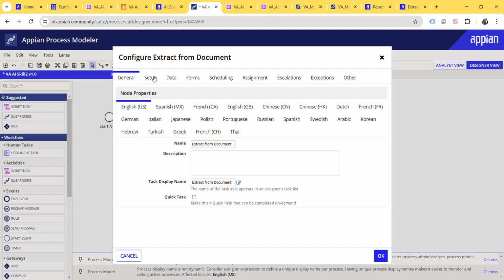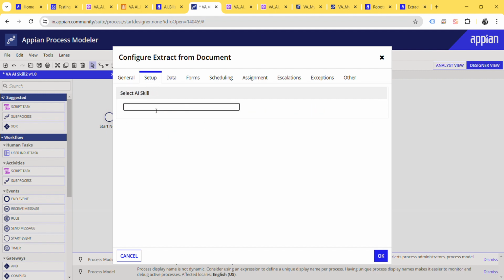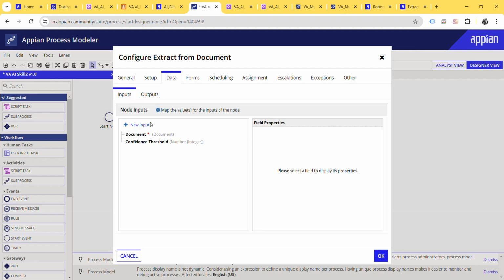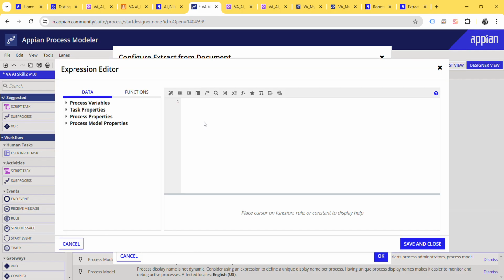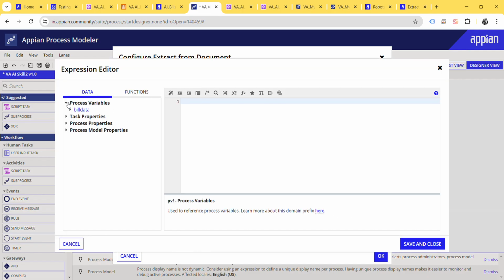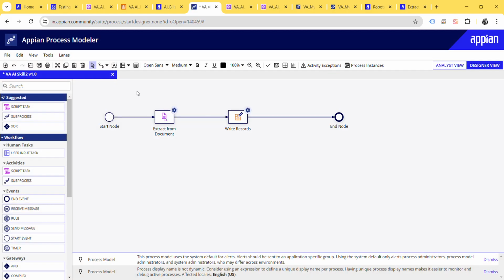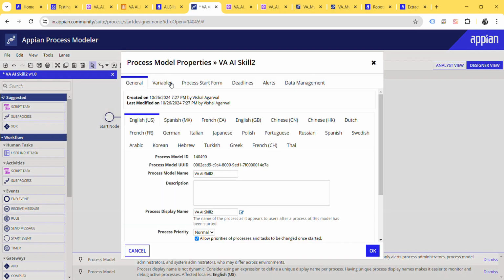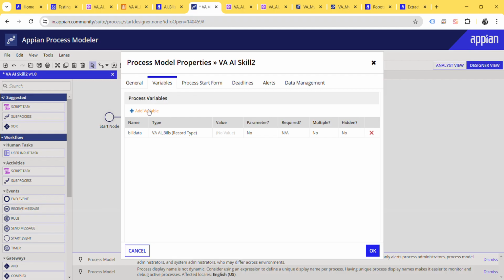Click on that, click setup. Here you have to select the AISkills, skills 1, because we are going to get the first one. Then we have to go to data, document. We have to get the document from... actually we have to create a process variable first. Add variable,